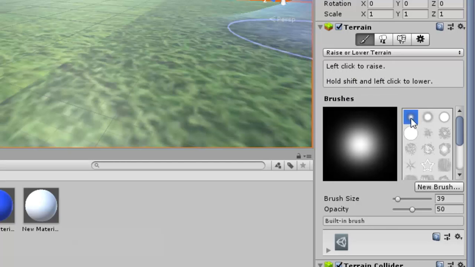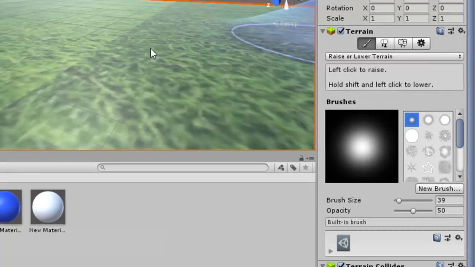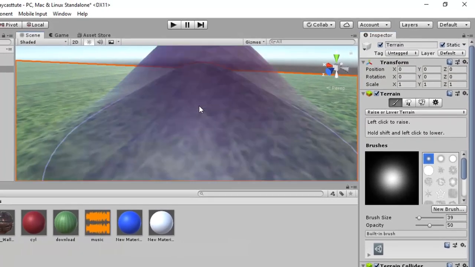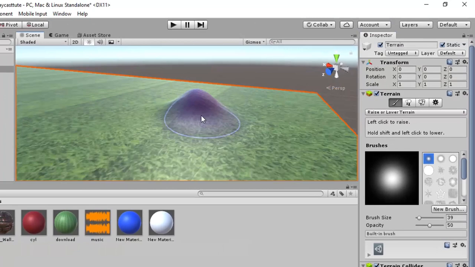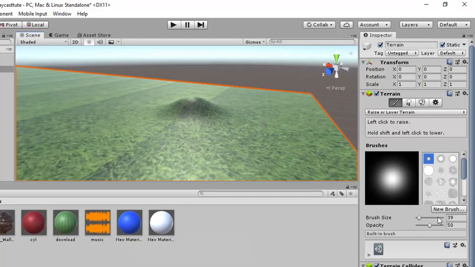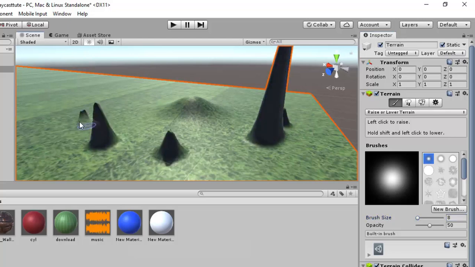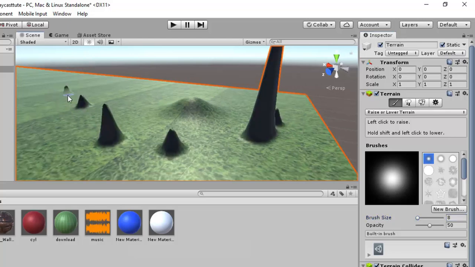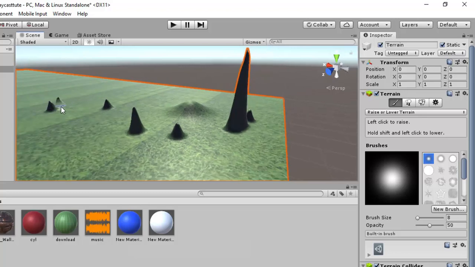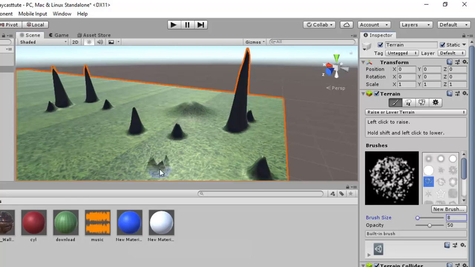For example, I am taking this one. We can increase or decrease the brush size. Suppose I am decreasing the brush size; here you can see how smoothly we can create hills, and we can choose another brush type.